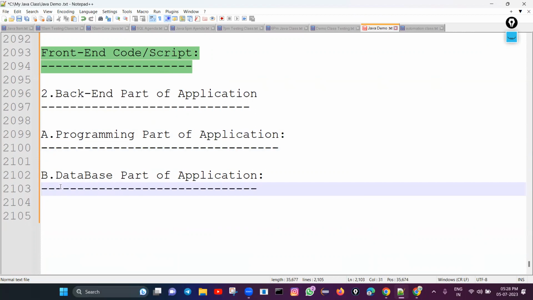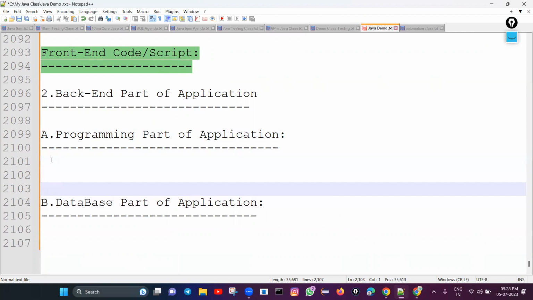These two parts we call the back end part of the application. In this programming part, the persons we call programming developers, code developers, or back-end developers. Here the programming developers develop the